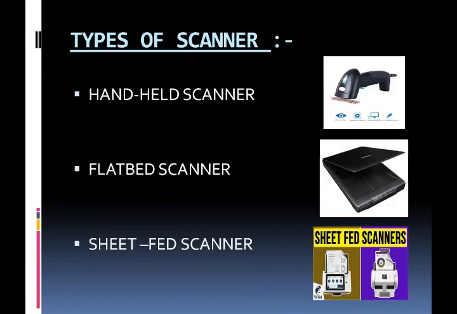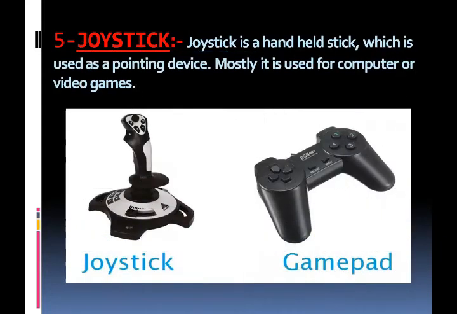Next heading is joystick. Joystick is another input device. It is used for playing video games. It consists of a round shaped base and a long stick which can be held in the left, right, forward or backward directions. It also has buttons on top and a trigger. By moving the stick, the game object can be controlled, and by pressing the top button or trigger, the object can be made to fire or jump.